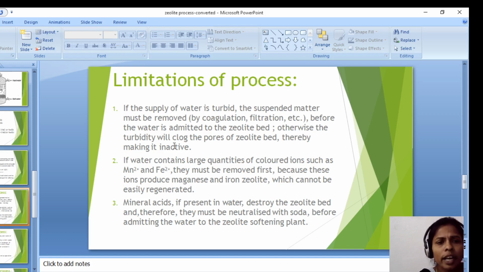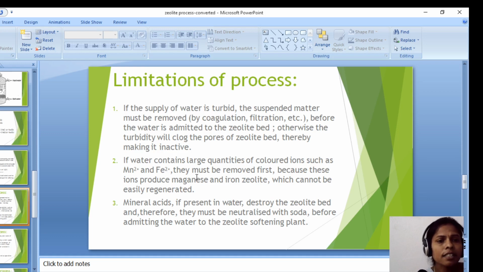Because whatever zeolite we are using has pores. Through these pores, all the turbid impurities get stuck and are held there, and the zeolite is not working. It is not active when we pass the water, because all the holes are closed due to the turbidity impurities stuck in them. So before that, we need to purify the water, or remove the turbidity in the water sample, before placing it on the zeolite bed.